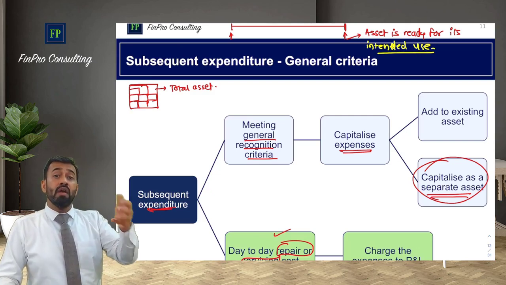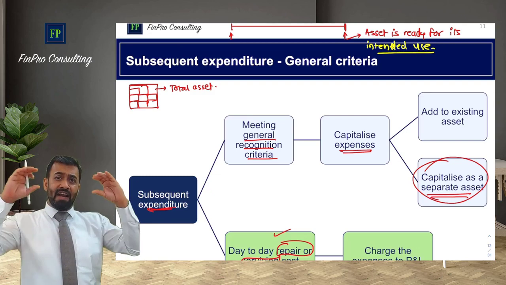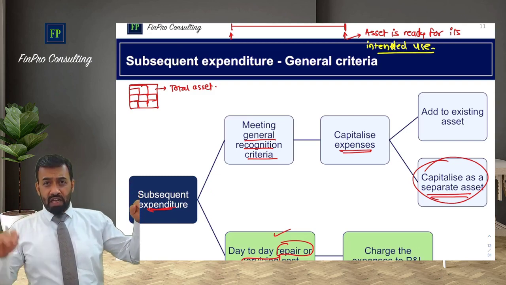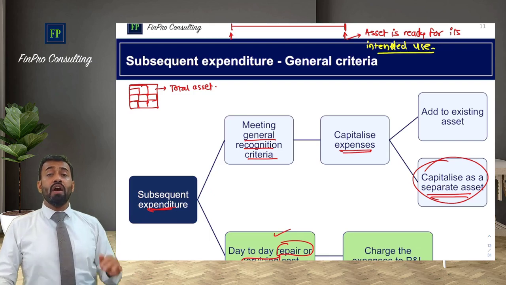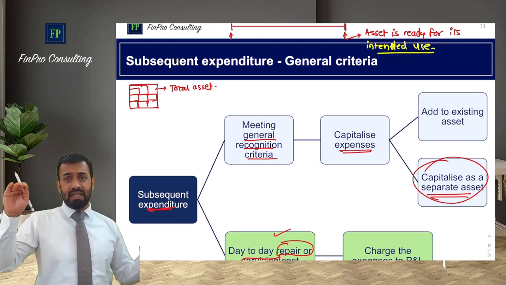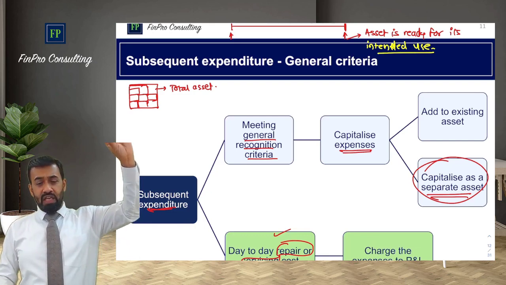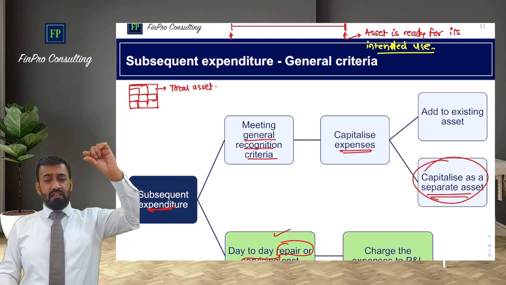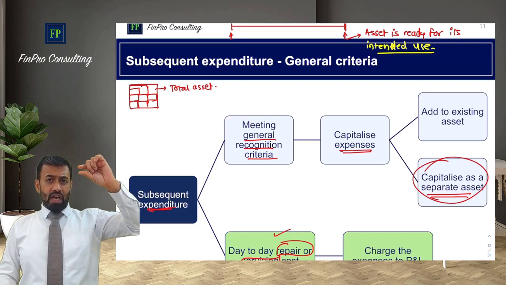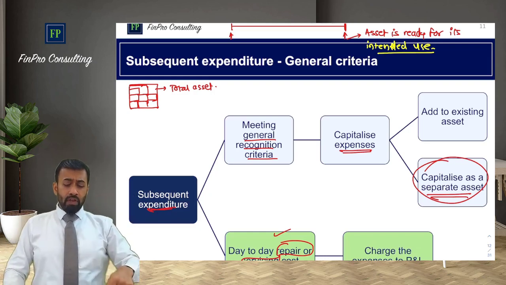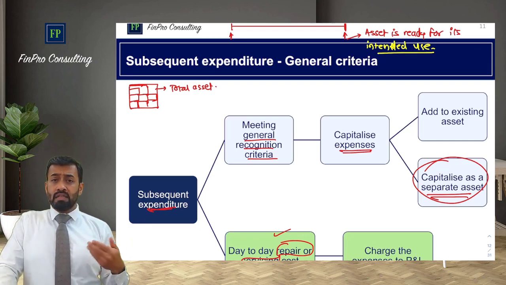Subsequent expenditure. Life of factory and factory roof is significantly different. One's life is 40 and another's life is 20 years. You have to depreciate both these assets separately. So it will be one single asset, factory, and in that child 1 asset is a factory building and second child asset would be factory roof. Okay, this is how we'll have to consider the subsequent expenditure.